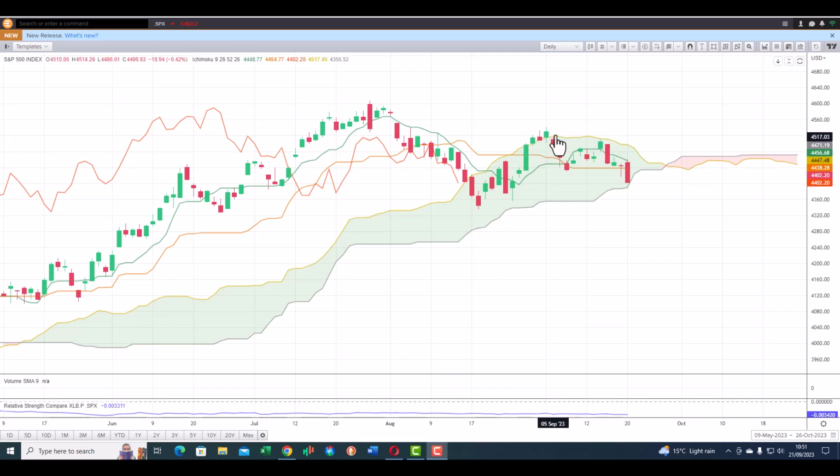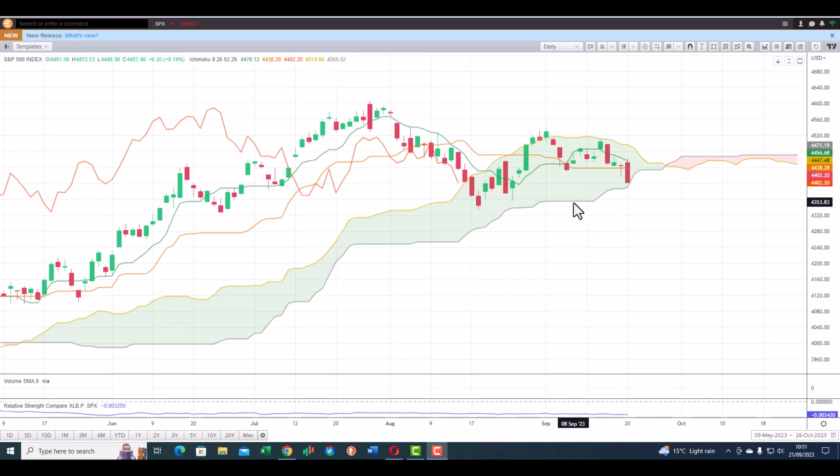The previous test there, it fell back down below the top of the cloud, and then the gap opened only for the market to slice right down through the standard line support zone, and now it's testing the bottom end cloud level for support. There's downside risk to this